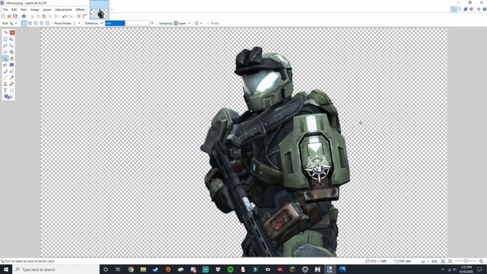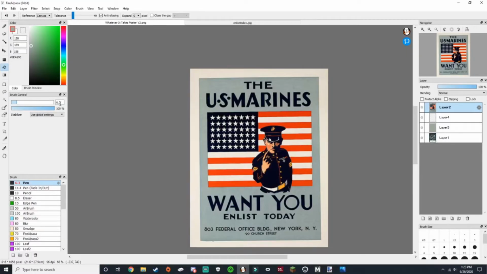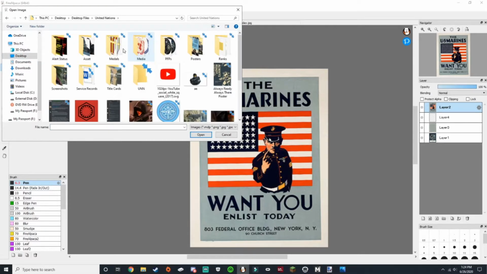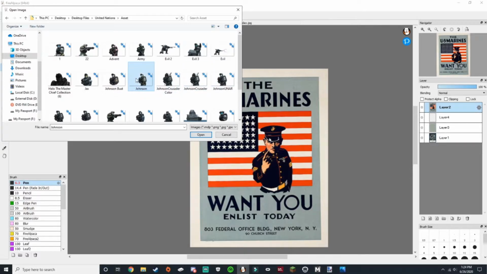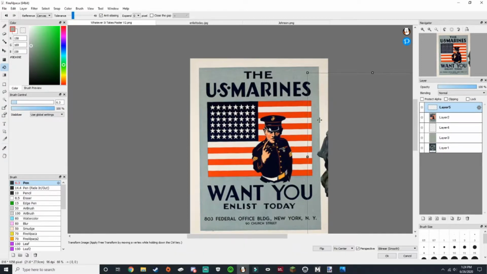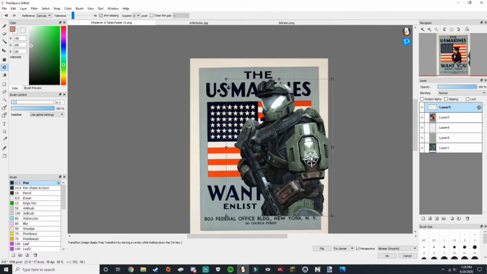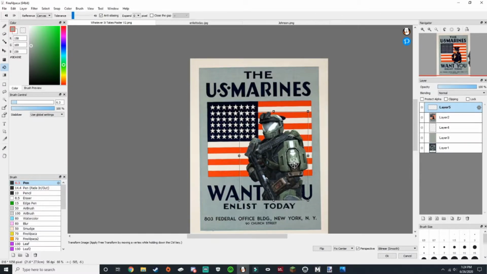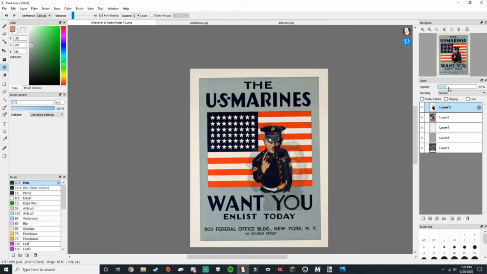So we crop that out, in theory, and we're going to go in here and plop our Spartan in. We're going to plop our guy in here. So again, Control C, go back to your poster, and Control V. If you press Control T, you can move it and resize it and rotate your guy around and do all of that. So we're actually going to flip him, and do we want to flip him? No, he looks fine. We're going to size him up to where this guy is here, and